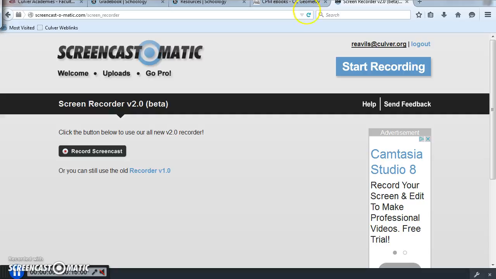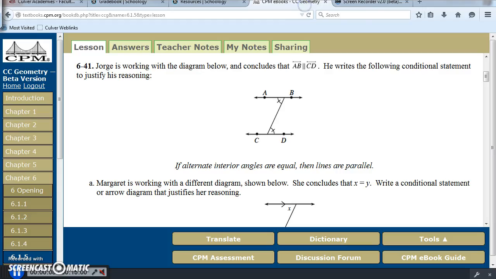We need to visit the idea of converses, as in the relationship for the conditional statements. So I'm in section 6.1.5, and you should open up to 6.1.5 and look for that heading called What is